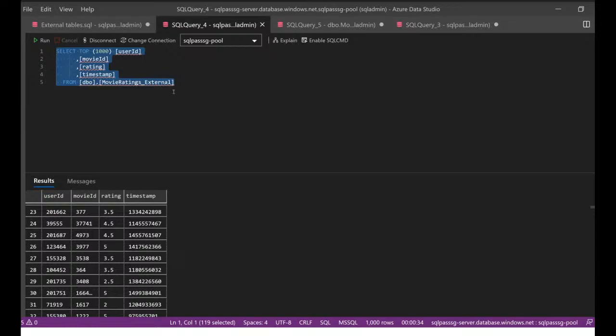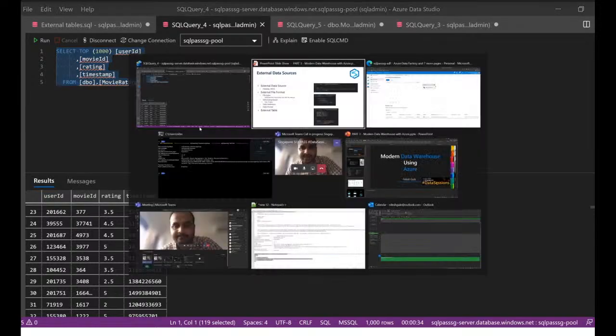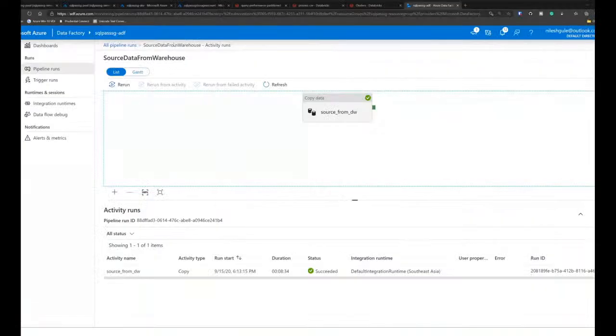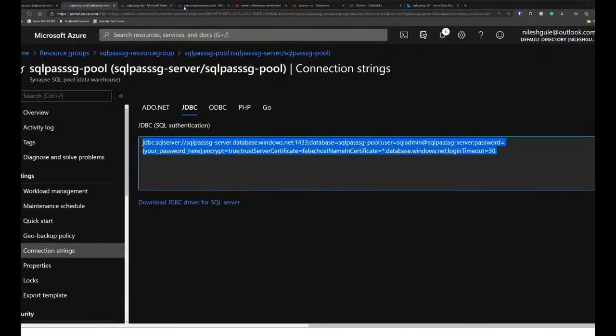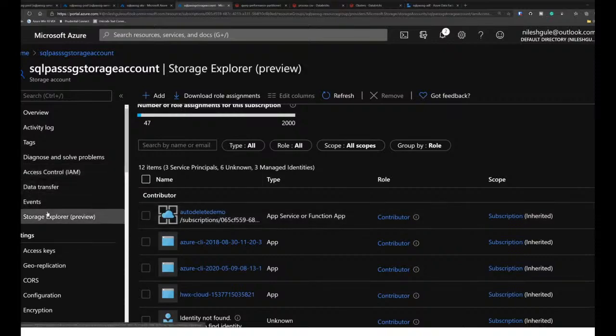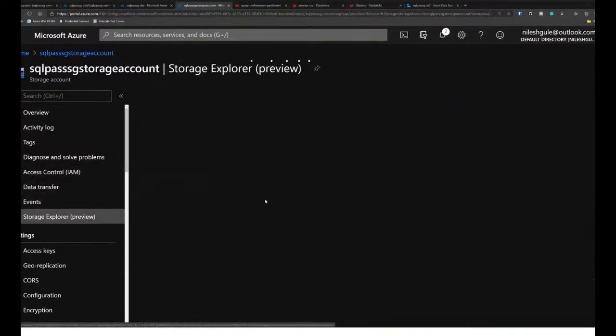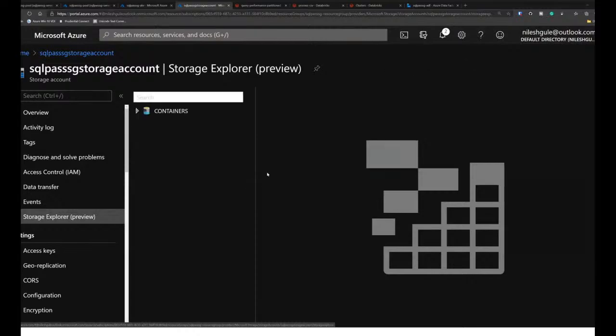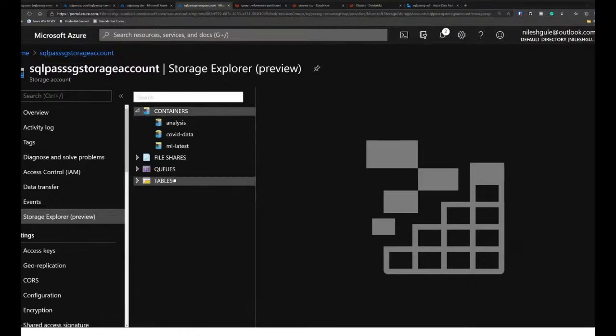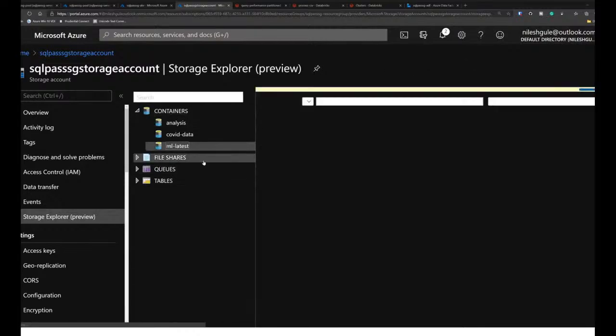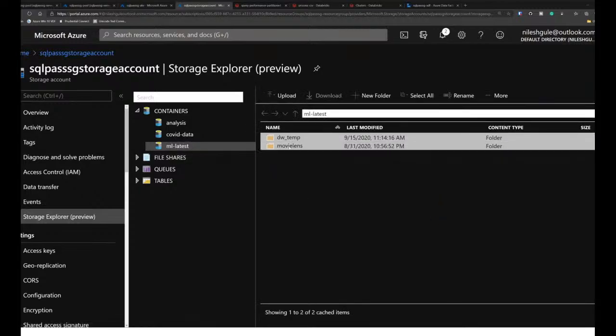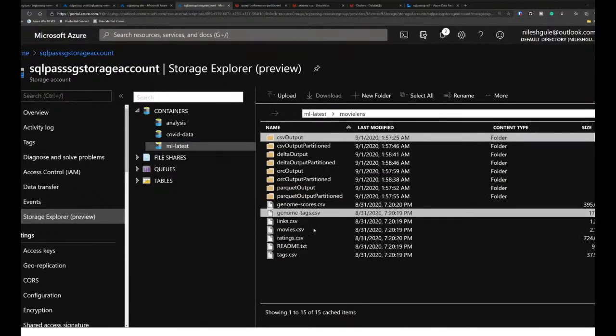We can look at this by going into the storage account. So let me switch back to the portal and we go into the storage account. Let's go into the location from where it's pulling that data. This is the ML latest file system and we have the MovieLens.